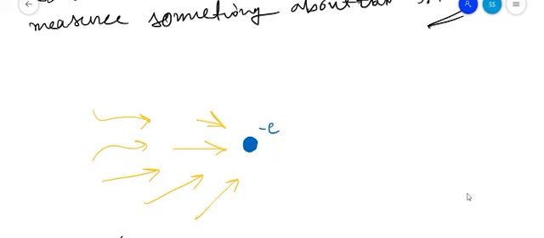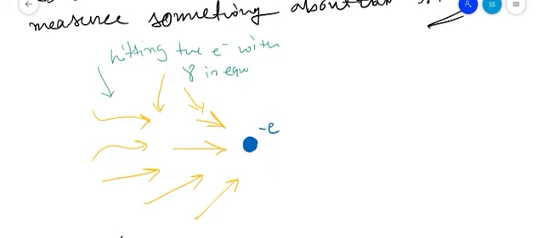So applying this light, or hitting the electron with light, or gamma, is equivalent